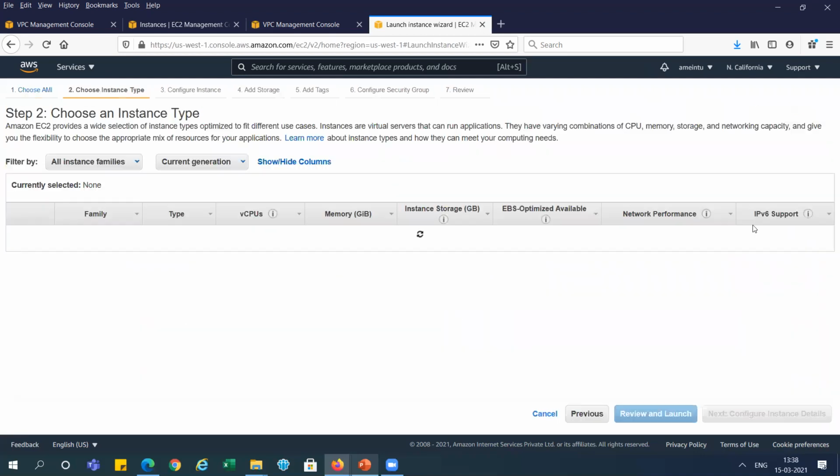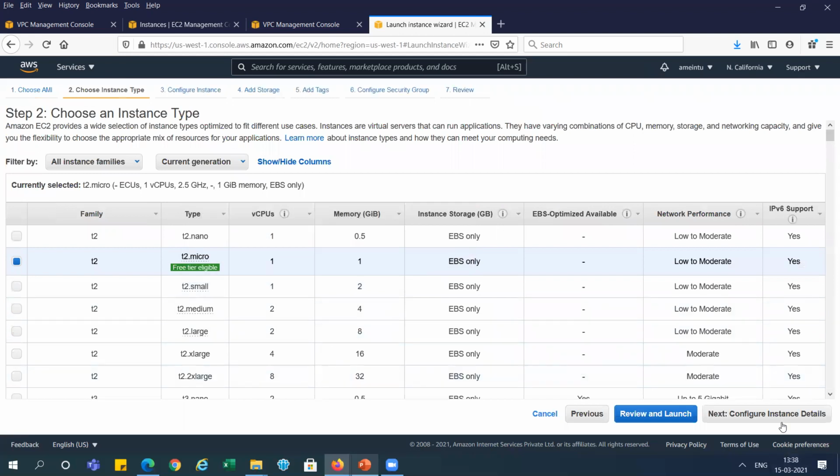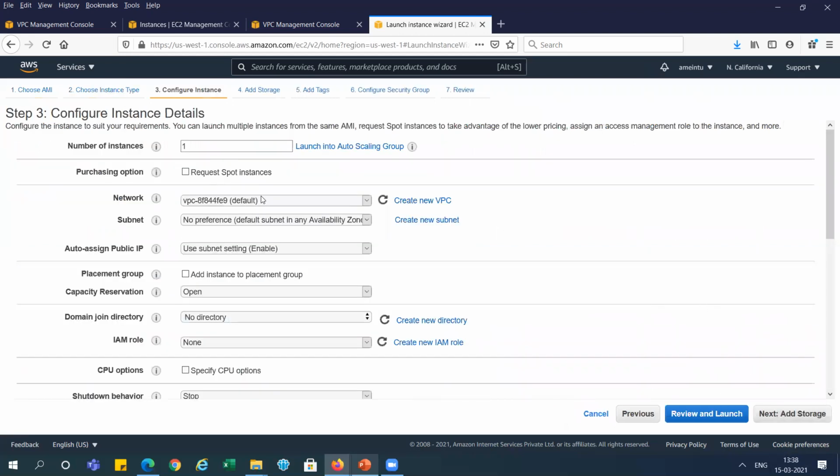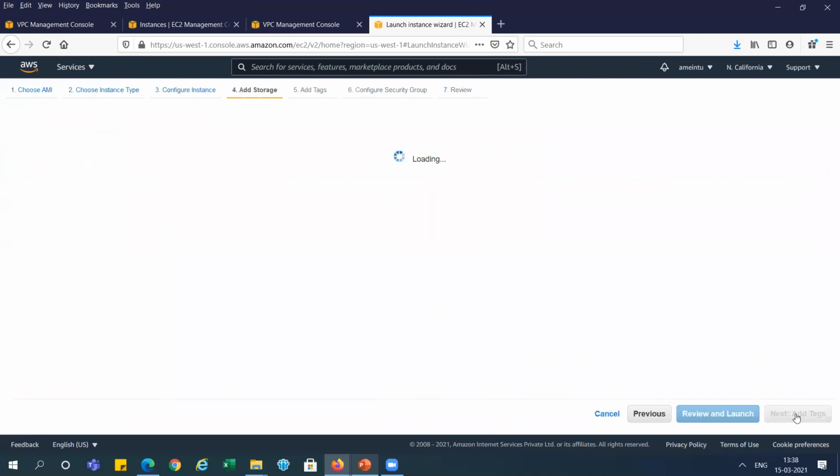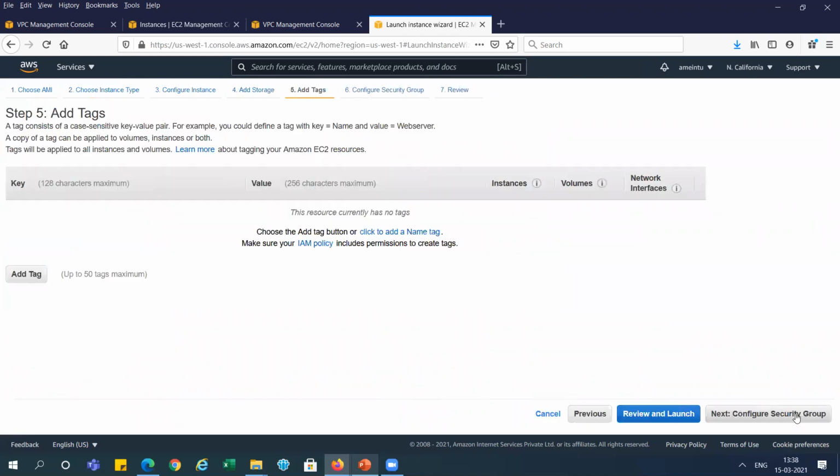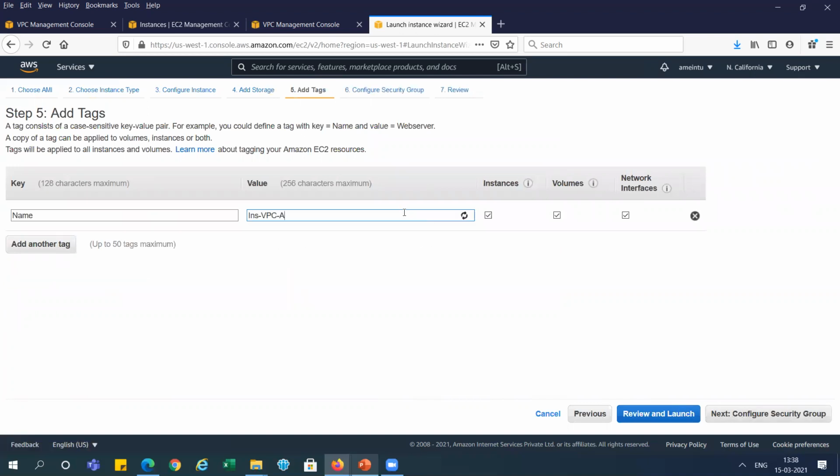Same instance we will use, and same type T2 micro, and I'm selecting here VPC X. You can see this is selected, public X already, right? And we are enabling that public IP, right? Now next storage will be default, next tag we can add the name, this is X, right?